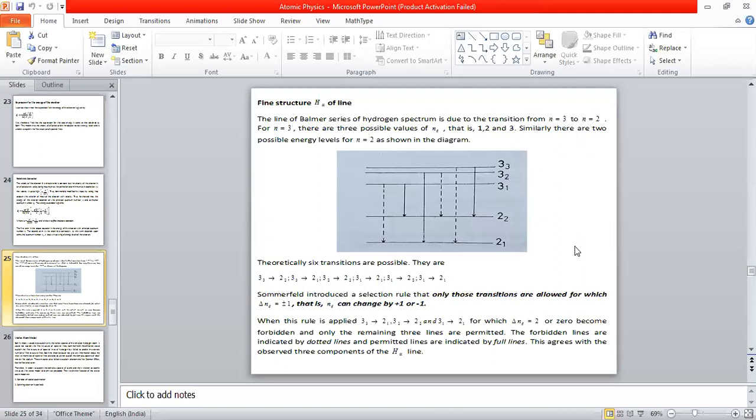But I have already told H alpha line does not contain 6 components. It is containing only 3 components. That's why I told H alpha line has triplet structure. So the problem is Sommerfeld wanted to explain the triplet structure of H alpha line. The problem with this theory is we expect 3 lines, triplet lines,